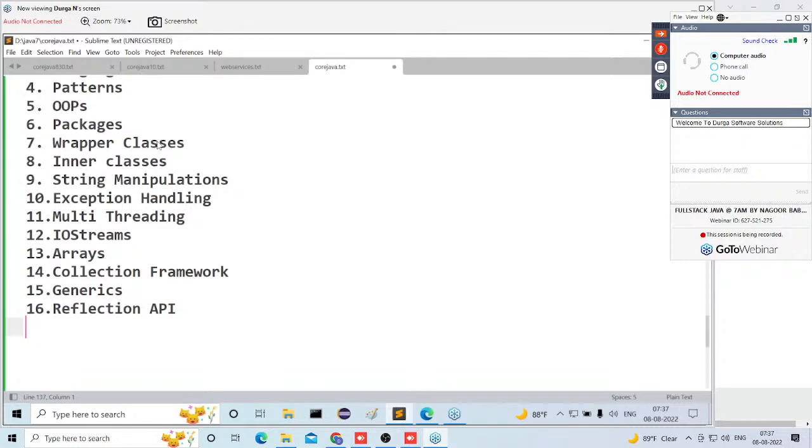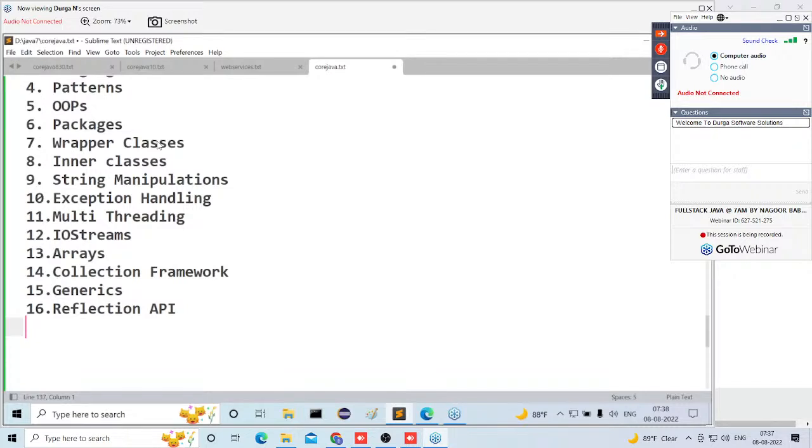Before this, one more point I want to say. Some of you might have the doubt: sir, what are we going to cover inside the collection framework? The collection framework is majorly a predefined library where a number of classes and interfaces are available. Which interfaces and classes are we going to understand? Observe clearly. Collection is an interface. List is an interface, Set interface, Map interface, SortedSet interface, NavigableSet interface, SortedMap is an interface,